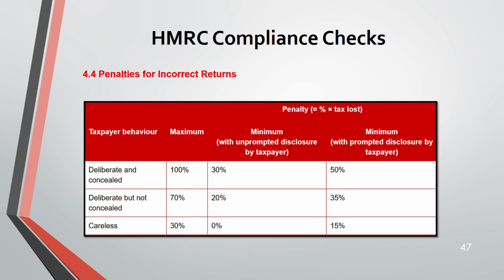This table. See, the maximum is 100 and the minimum is 0. So taxpayer behavior matters a lot with your disclosure. Are you making the disclosure or not? Let's say the taxpayer's behavior is deliberate and concealed. Maximum is 100. Deliberate but not concealed, 70. Careless, 30. And if you look at the disclosure, if you are making unprompted disclosure,